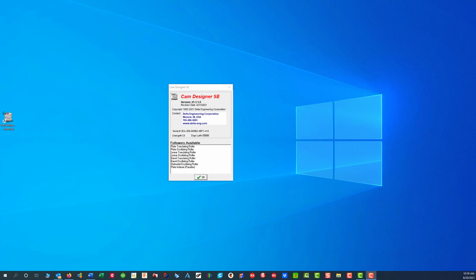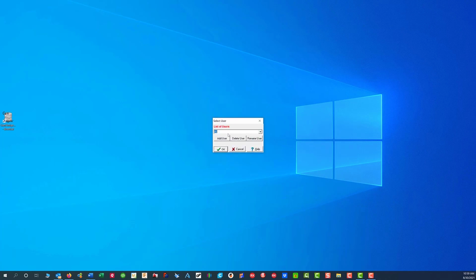Open Cam Designer either by double-clicking on the icon or find it in your applications on your computer. Double-click that and you'll get the About box. Click OK here and then find your user profile that you want and click OK. And Cam Designer